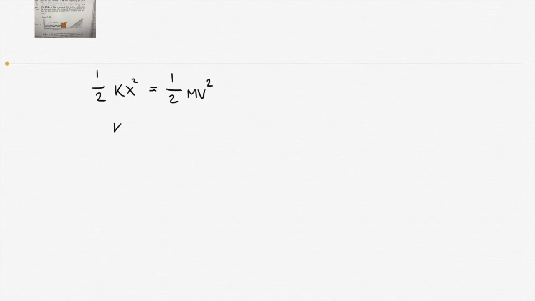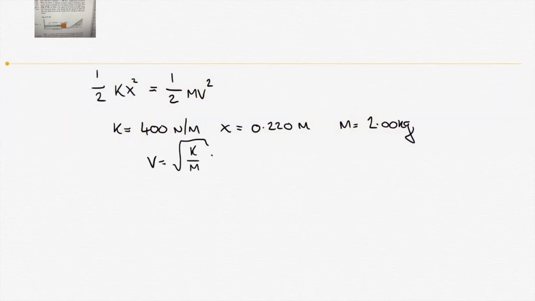So we know that the force constant of the spring is 400 newtons per meter. We know that x, the amount by which the spring is compressed, is 0.22 meters. From there we can work out the initial potential energy, and we can solve. We also know that the block has a mass of 2 kilos, and that gives us everything we need to have only one unknown left. So we can say that v is equal to the square root of k over m times x. We have k, we have m, and we have x. So we get the square root of 400 newtons per meter